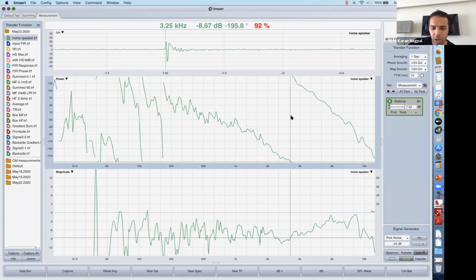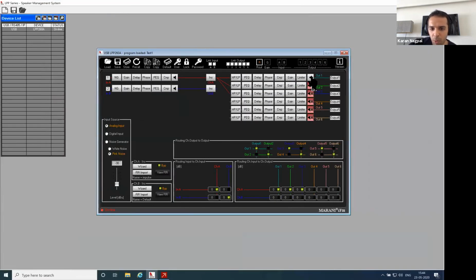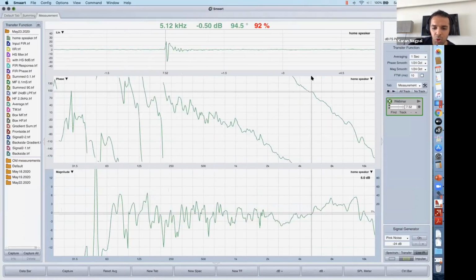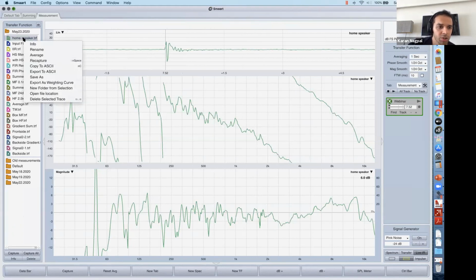This is a very small speaker, and I'm not going to waste too much time except showing that it's got a passive crossover. I have used only one channel. As you can see, I've just used output 1 out here. It's got a passive crossover built in. There is nothing extraordinary to expect, but just to show you, you can do it on a speaker that already has a crossover built in.